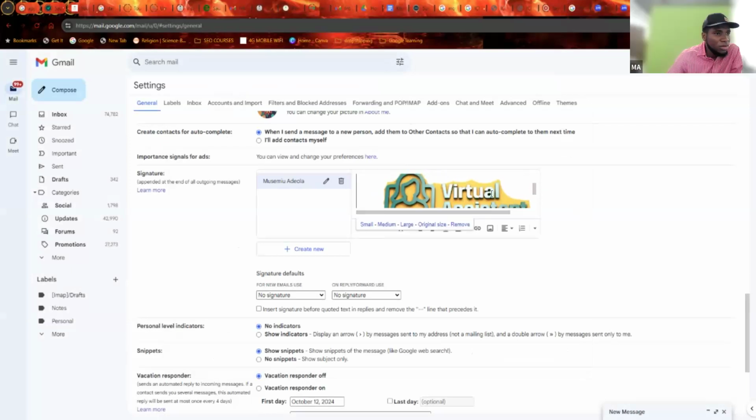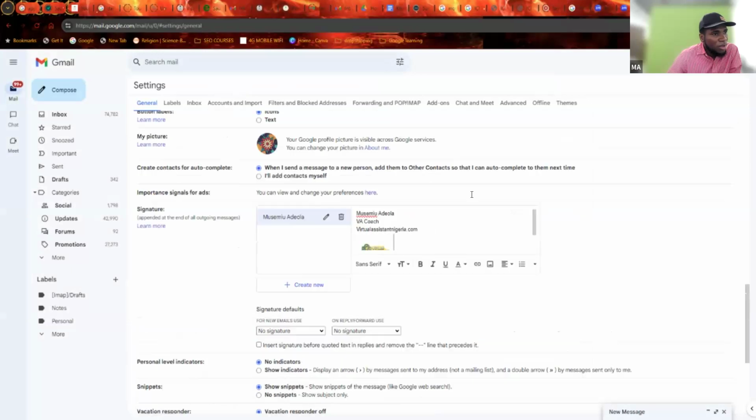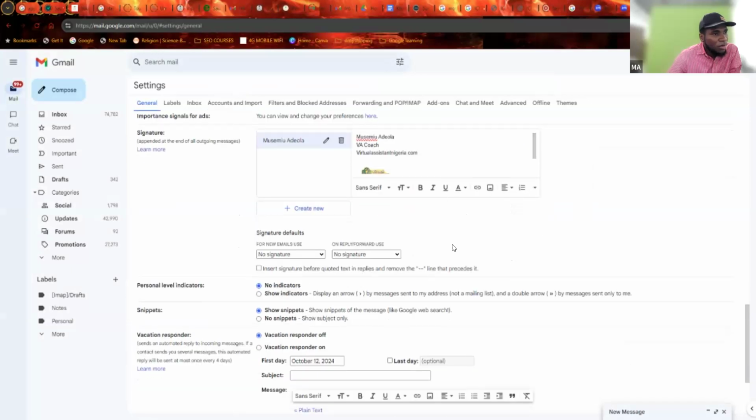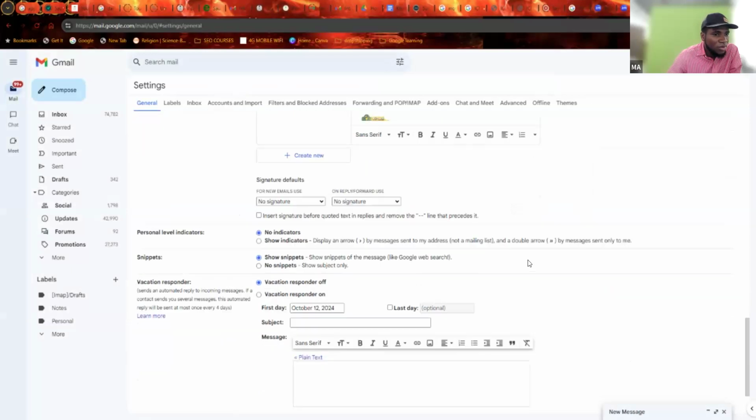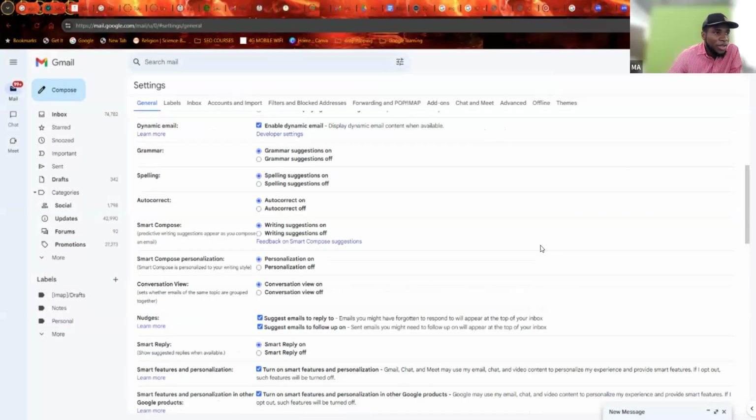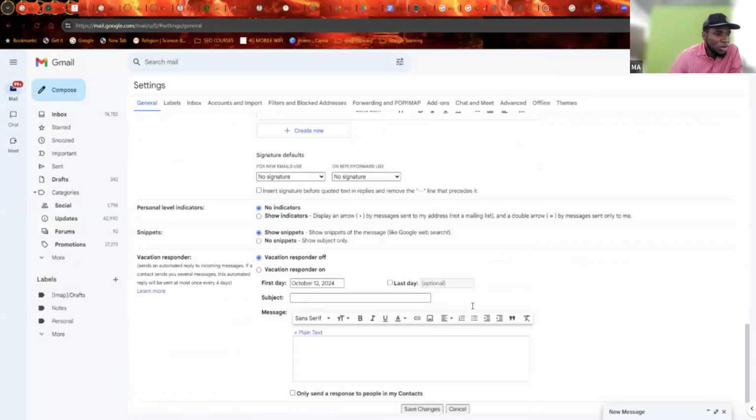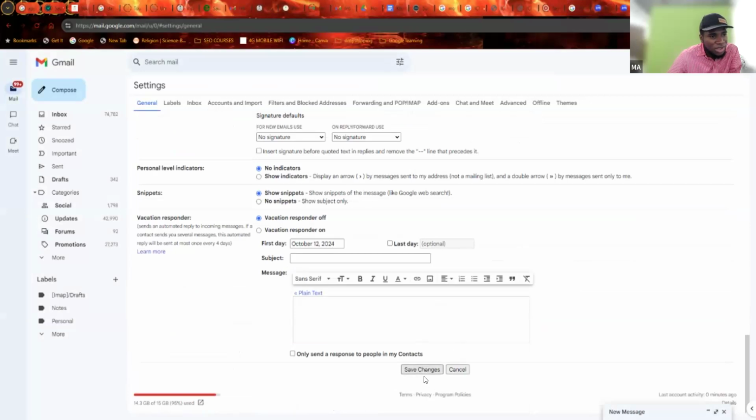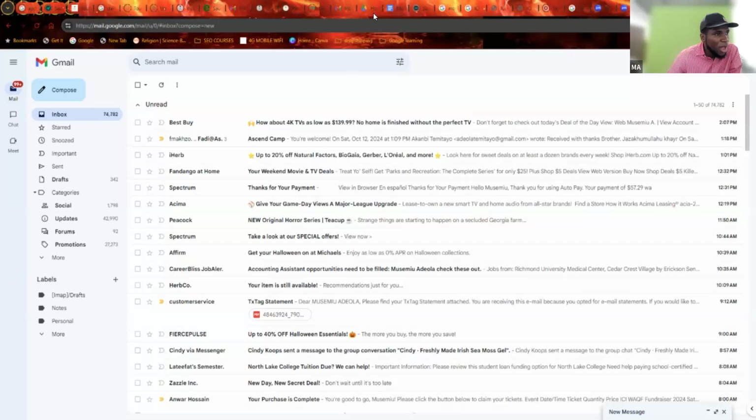Okay, so we want to make it small. Okay, I've inserted the logo, and then what we do next is save changes. You see where it says save changes. You click on save changes, and then you'll notice that anytime we want to